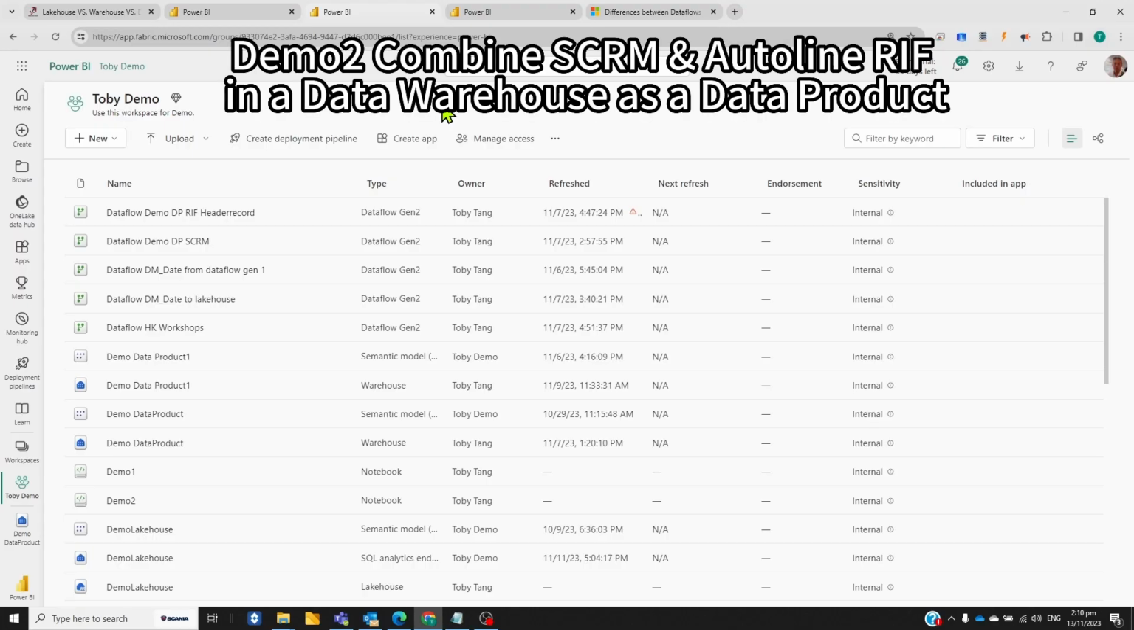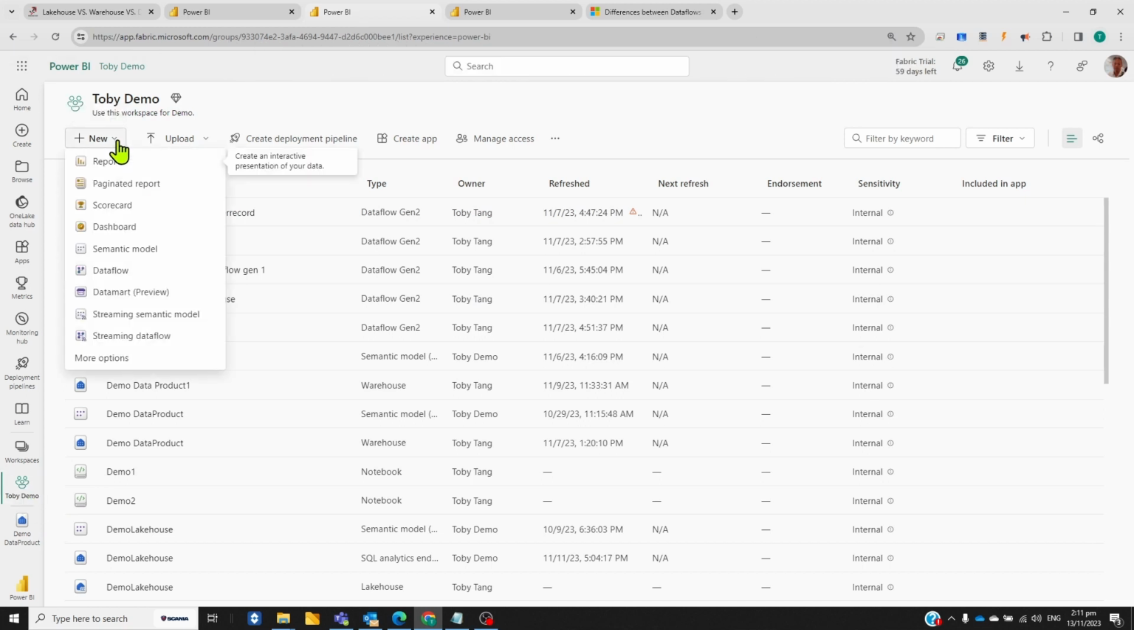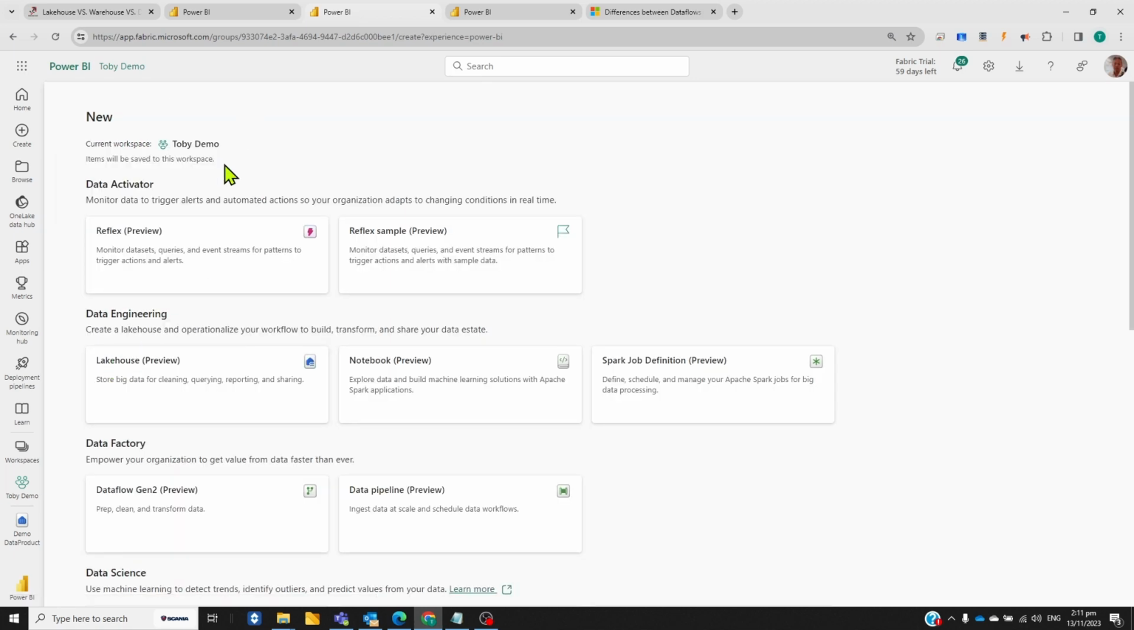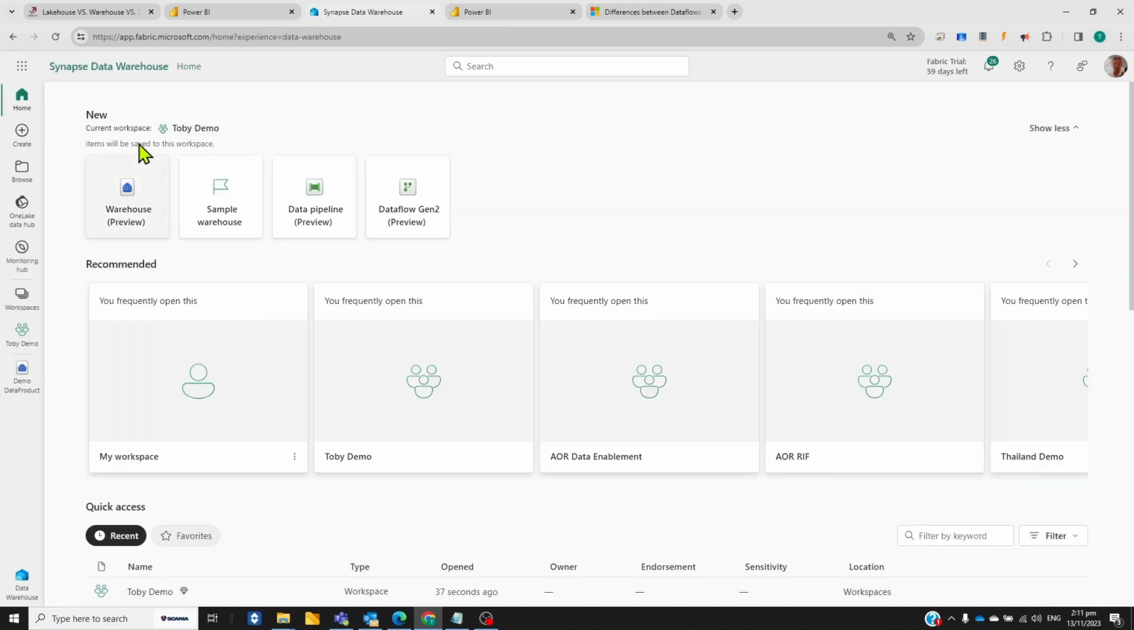For the second demo, I will create a data warehouse for a data product combining two different data sources. First, I will go to the Toby demo workspace. I click new. If I click more options, go down, you can see the data warehouse. You can create a data warehouse here, or you switch to the data warehouse component. You create a new data warehouse here. Since I already have one, which is this one,